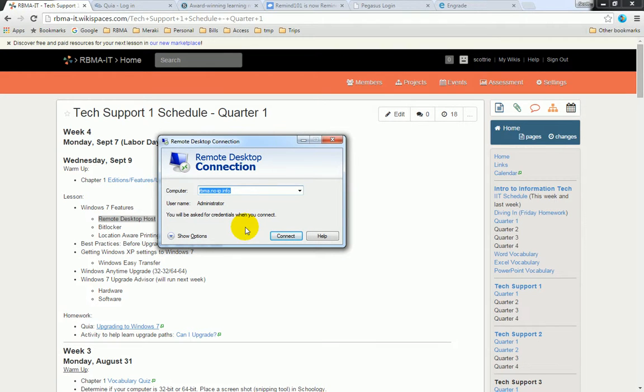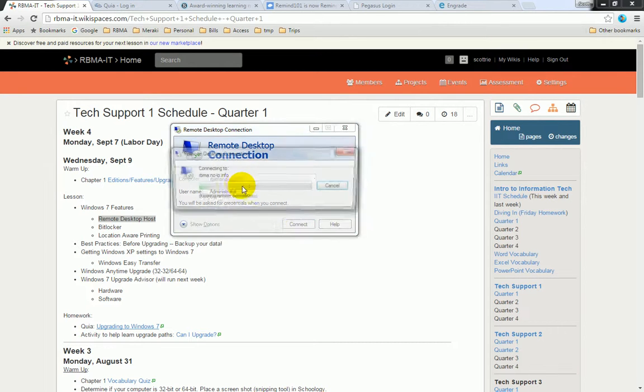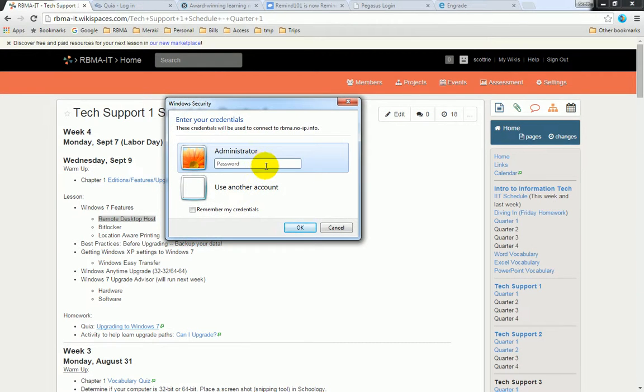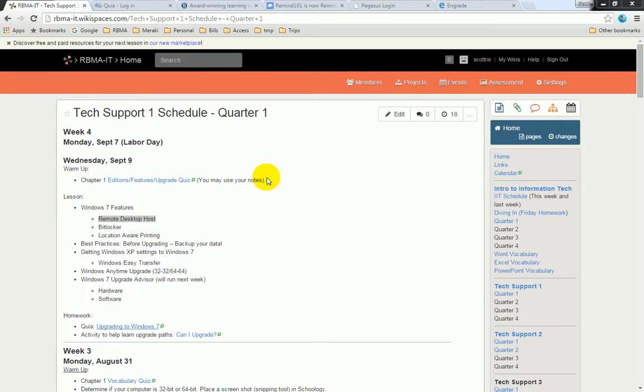On the screen I've got the remote desktop client. The client allows me to connect to a host. And so what I want to do is, here I am working from home, and I want to be able to connect to the server that's sitting at Riviera Beach Maritime Academy. So what I'm going to do is click connect here, and it's going to ask me for my password. And once I've correctly put that password in,